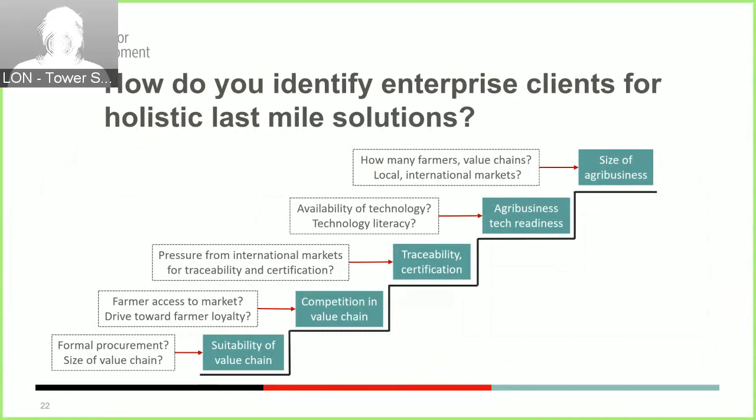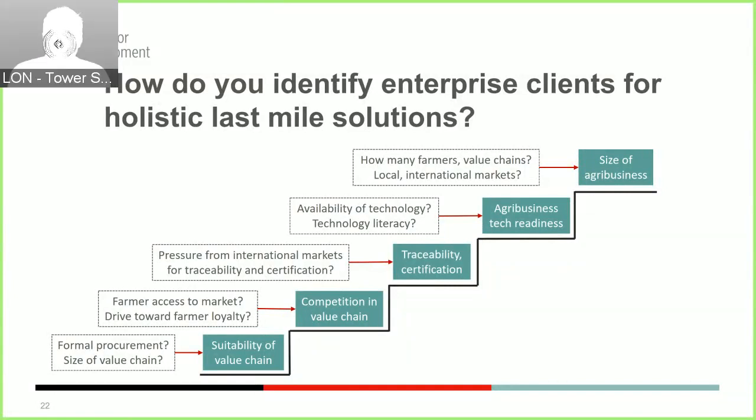Obviously, a key factor in understanding what type of enterprise clients might need which solution is technology readiness: of the agribusiness staff, of the field and back office operations, but also of the farmers, of course. When we evaluate the opportunity to scale services, the size of the agribusiness client, and whether they operate across multiple value chains or procure from large bases of farmers in informal value chains, are all key factors to consider. So if a tech provider or an MNO works with large agribusiness clients, there can eventually be an opportunity to extend the value proposition to more holistic platforms and scale up these solutions.